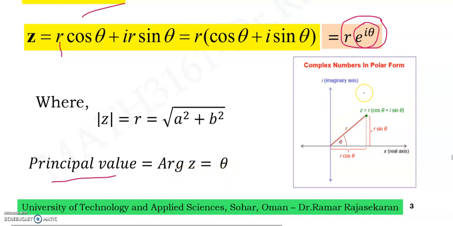Now you see how we represent the polar form of the complex number in the graph. Now you see here, this is the given complex number z. Here this is the modulus, that is r. Now this is the angle which is made by this complex number with the x-axis, so that now this is r cos theta, this is r sin theta, so that this is the polar form of the complex number.